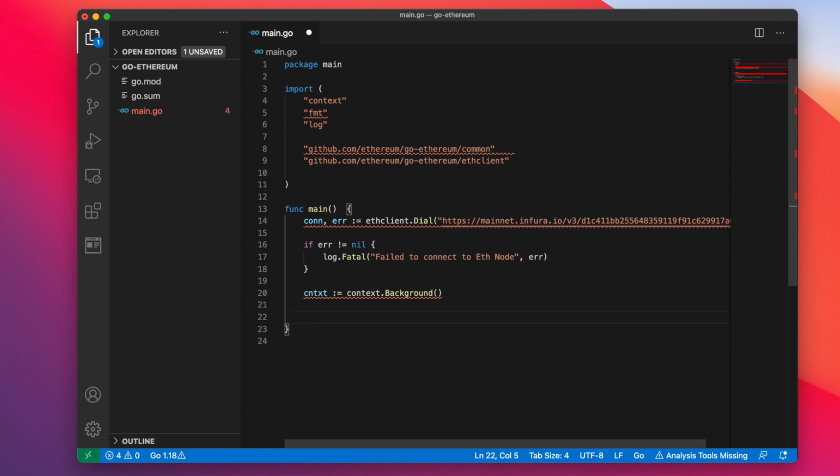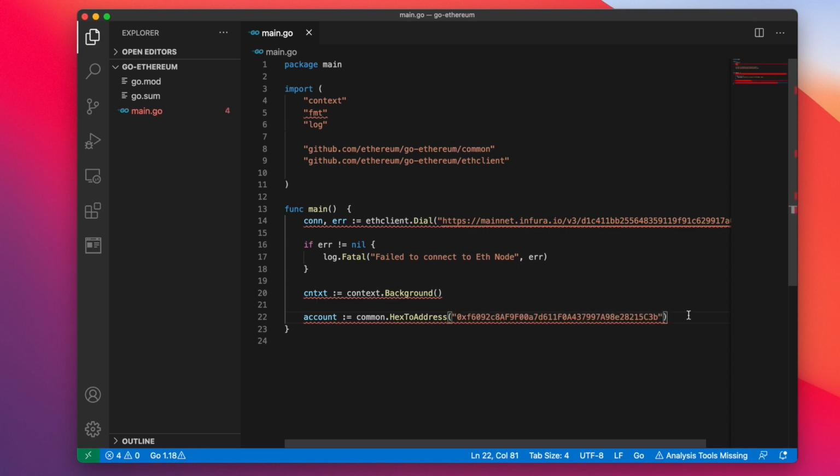The first thing we want to create is an account variable. This account variable is going to store the Ethereum address of the wallet that we want to return the balance for. And what we're going to do is convert the string hexadecimal that we know as the wallet address to the address type that is friendly to Golang. To do so, we can use the common package that we imported from the Go Ethereum library. And we say common.HexToAddress, and we pass in the form of a string, including the 0x prefix, the wallet address,